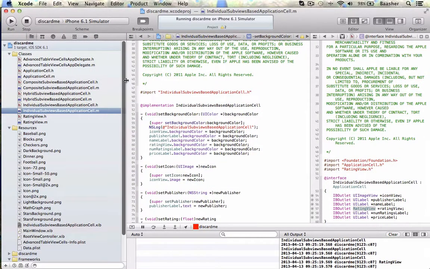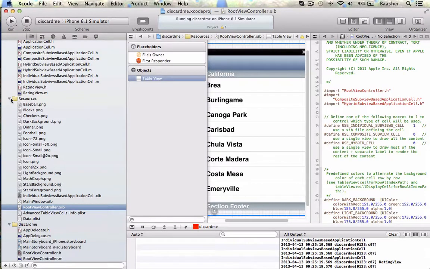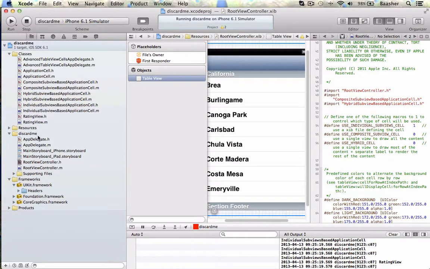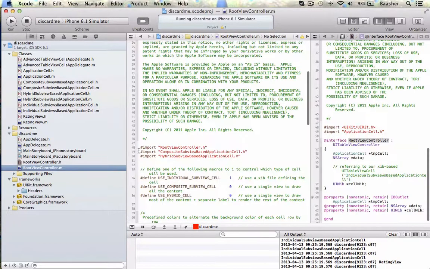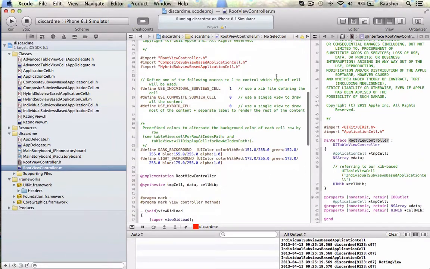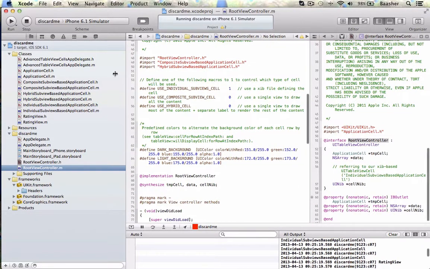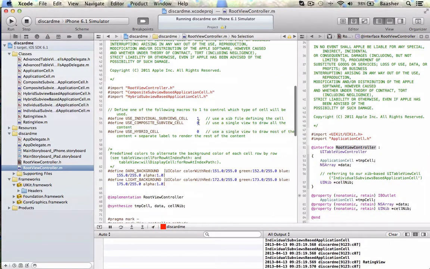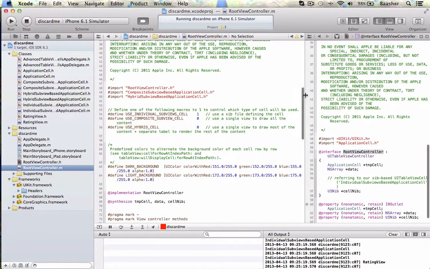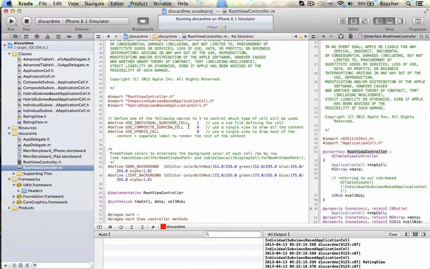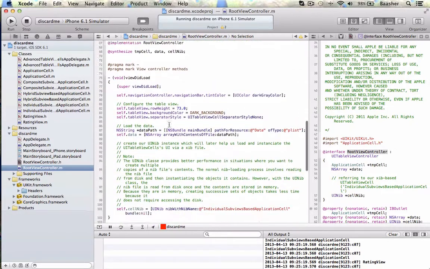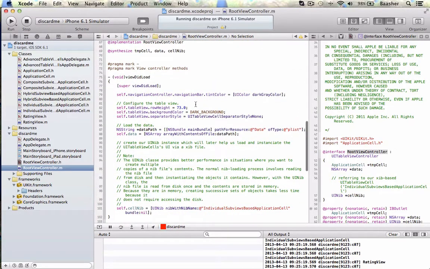Where is the root view controller? Well, it's right here under discard me, this group, root view controller. Now the root view controller, of course, we looked at it, I showed you earlier. We have 3 macros saying which cell one to use. So if use individual subviews, if that one's set, we are coming down,